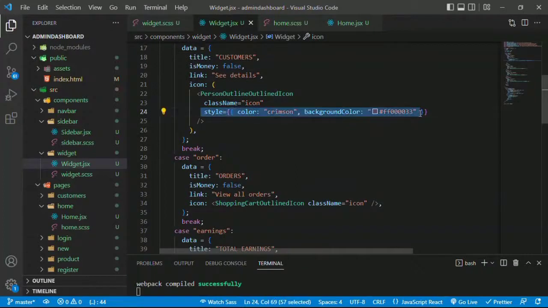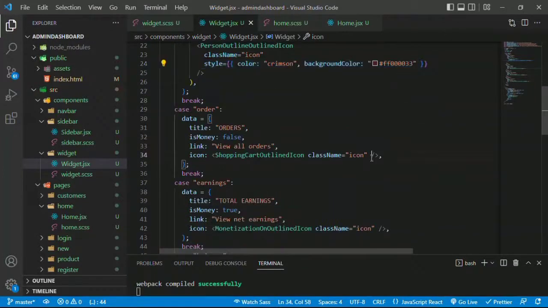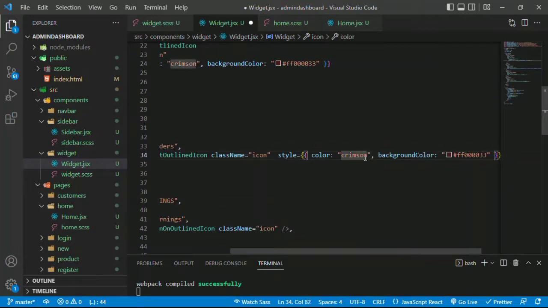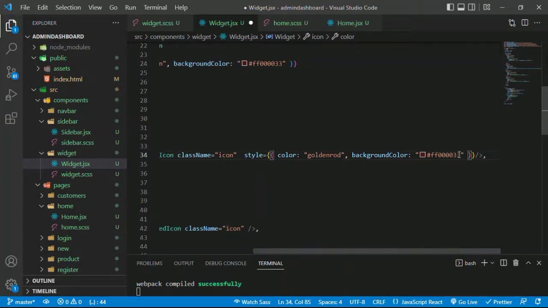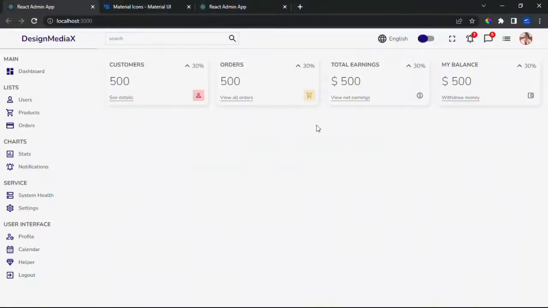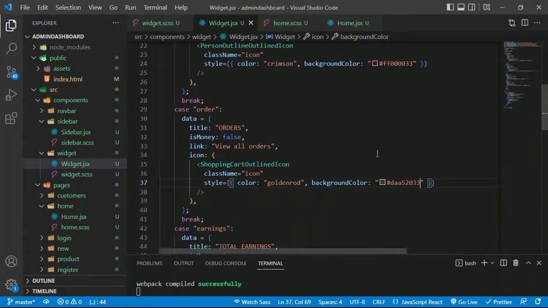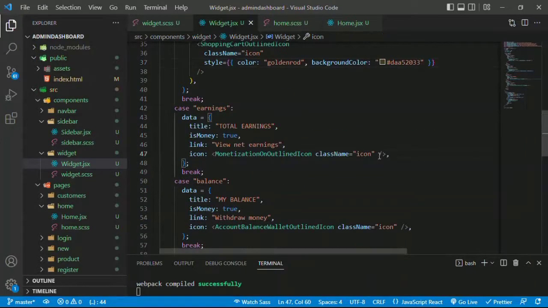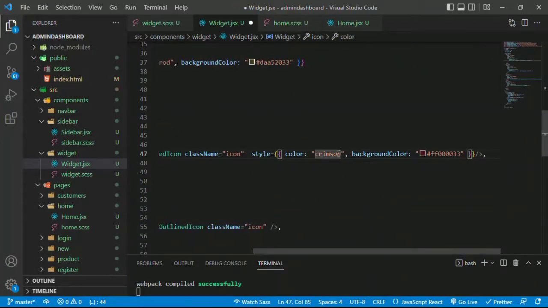And then let's just copy this and paste them below. So paste it here, and make the change. This one here is going to be goldenrod, and then for the background color we're going to have #DAA52033. So this is a yellowish color. And then let's paste it here on earnings, and then for the color it's going to be green, and then for the background color we're going to have